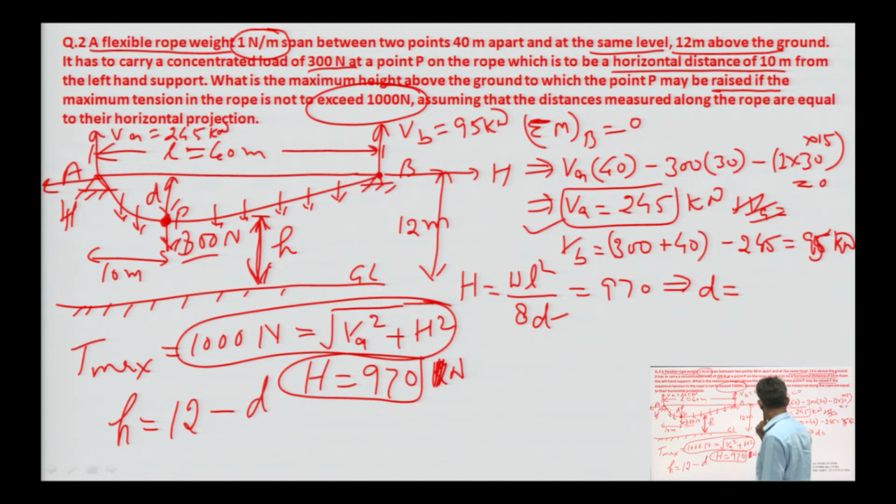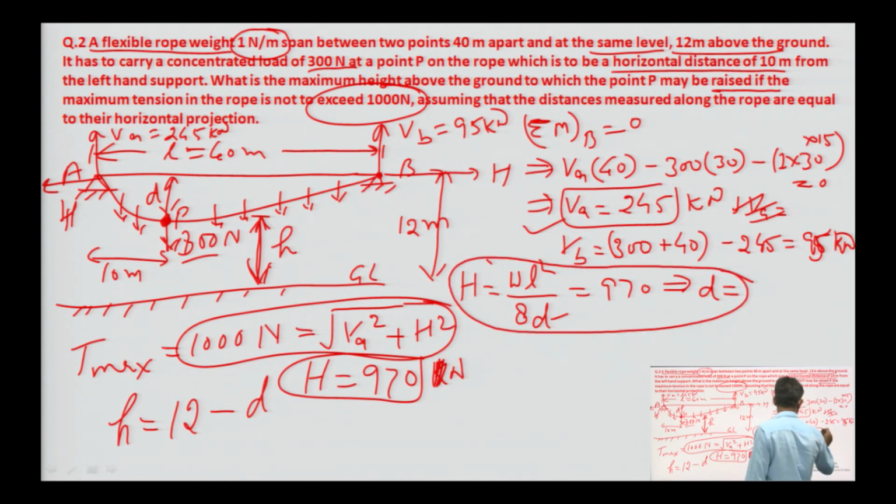W is known to us. Okay. No, we cannot apply this equation. Why? Because this cable has a point load. We have the value of H as 970, okay, no problem, but we will apply the equilibrium, the bending moment Mp at this point equal to 0. That formula will be applied; this formula will not be correct here.